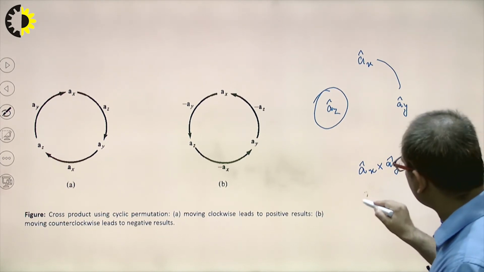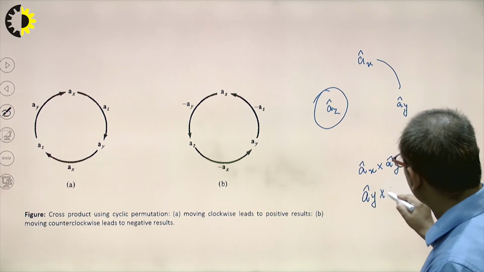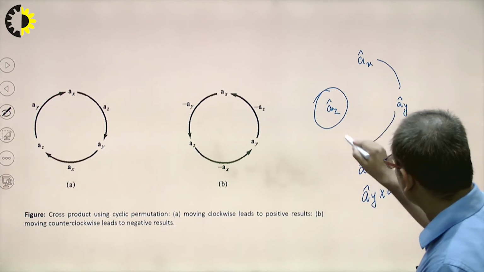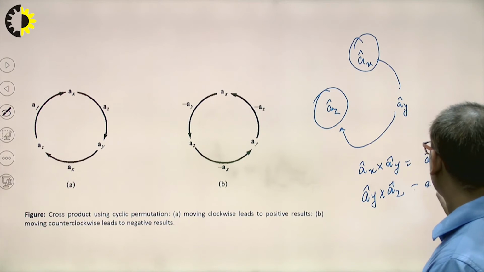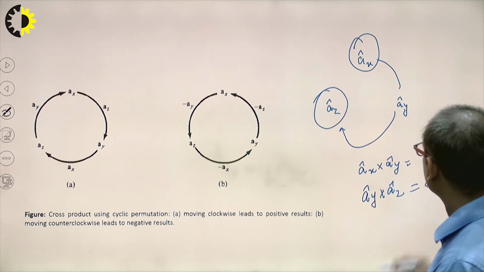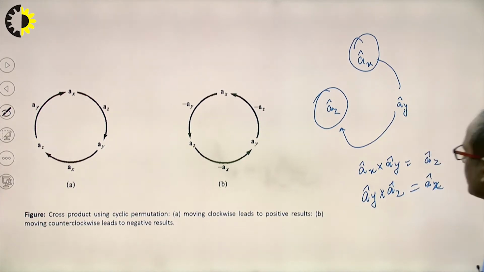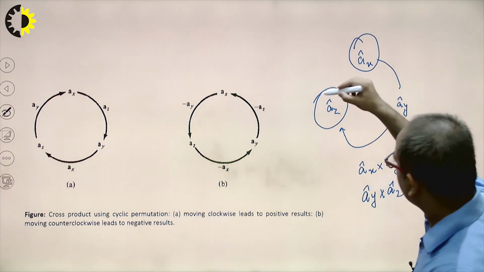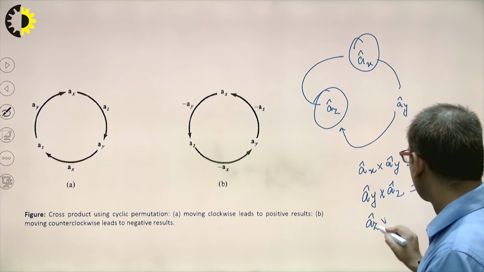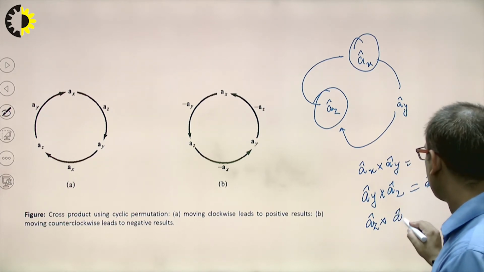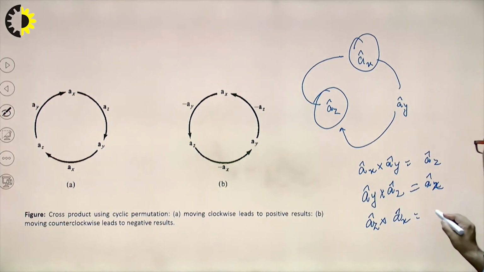Now if I multiply a cap y cross a cap z, the resultant will be what? A cap z, sorry, a cap x. Clear? Now if I multiply a cap z